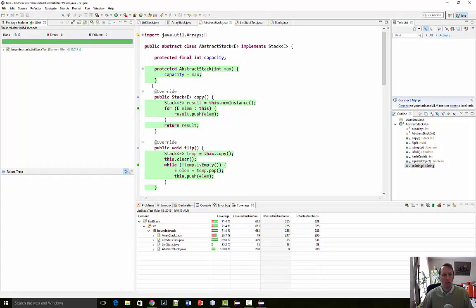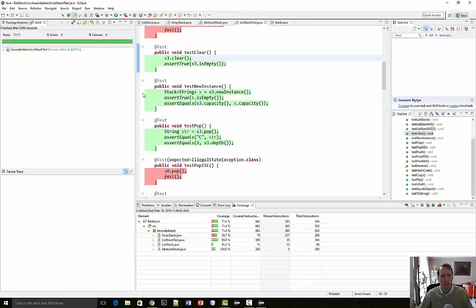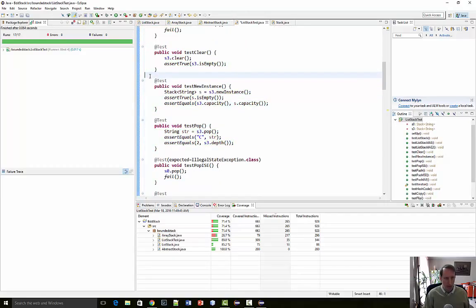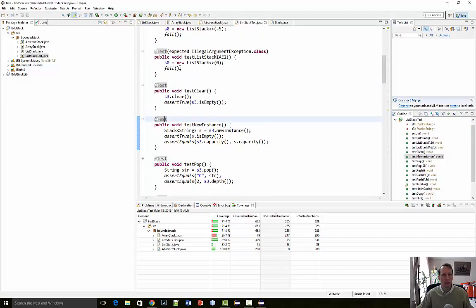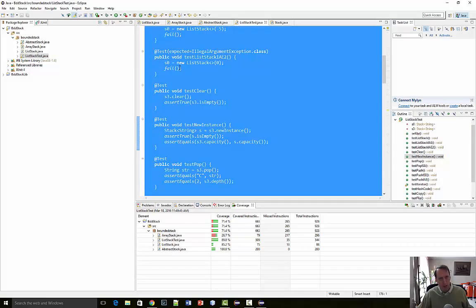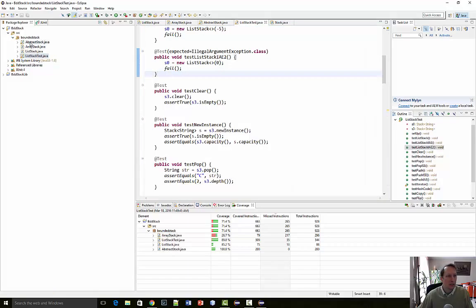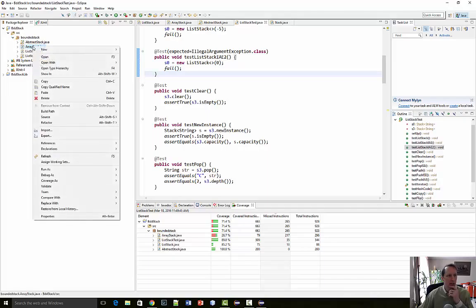But now what I'm going to do is look at list stack test. I'm going to select all and copy that. And then I'm going to go to ArrayStack,